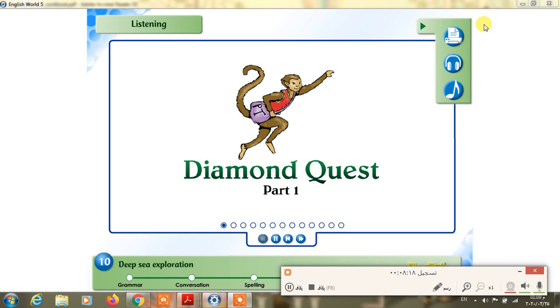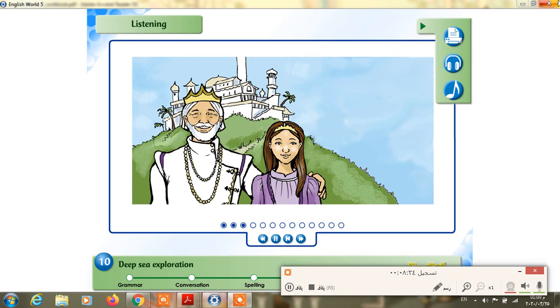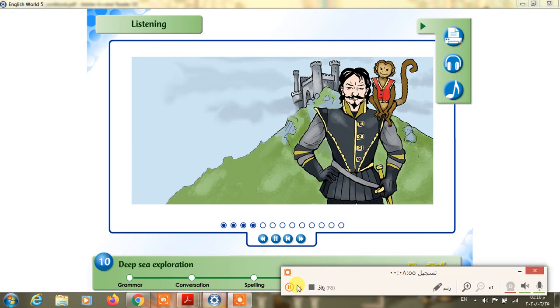Diamond Quest, Part 1. The kingdom of Zorula was a beautiful land with mountains, lakes, rivers, dark forests, and old castles. The king of Zorula was King Olaf. He was a kind man and a good king, but he was very old. King Olaf and his beautiful daughter, Princess Corina, lived in a magnificent white castle on a hill. There was another castle in Zorula,